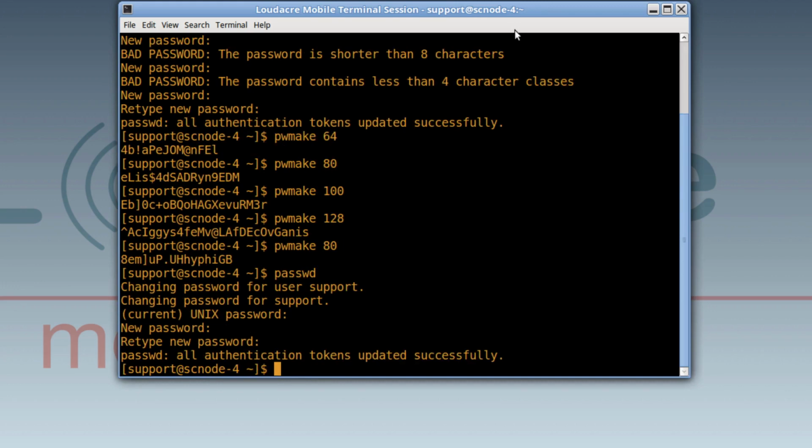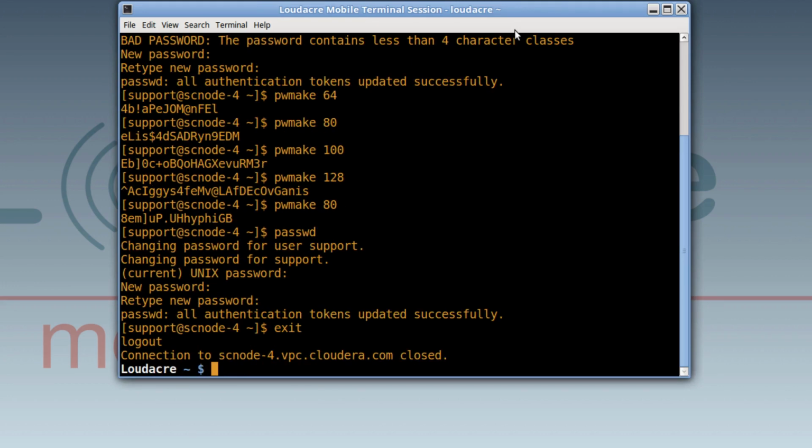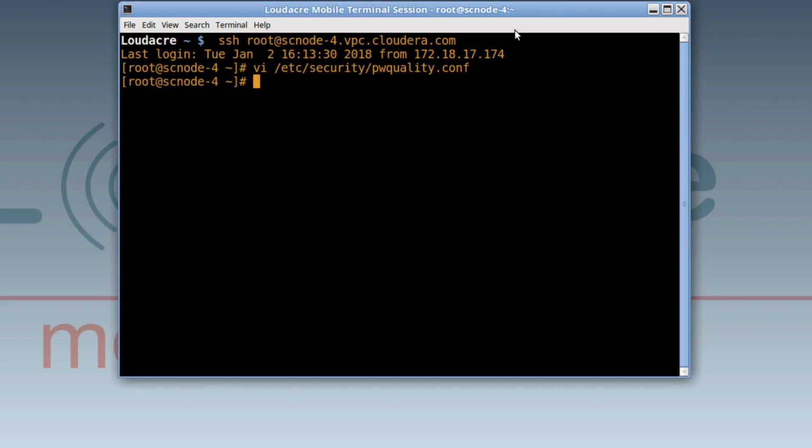Now that I've improved the password policy on the host, I'll disconnect from this secure shell session and close the terminal window. Then, I'll return to the root shell on the worker node so that I can demonstrate how to set a password aging policy. This will ensure that users change their password at regular intervals, which in turn limits the effective window for attempts